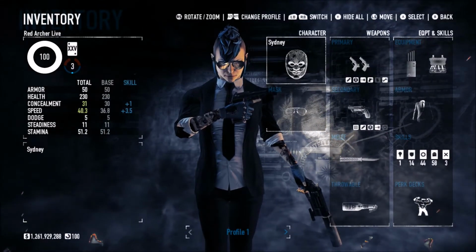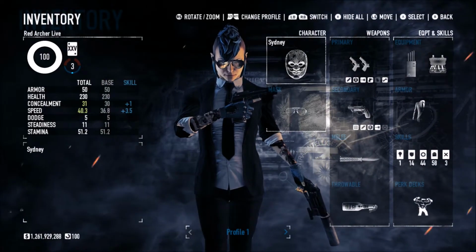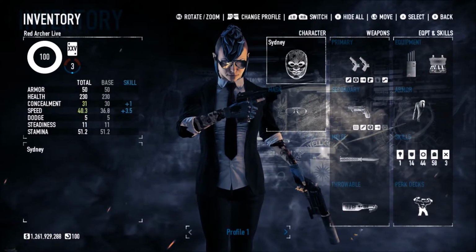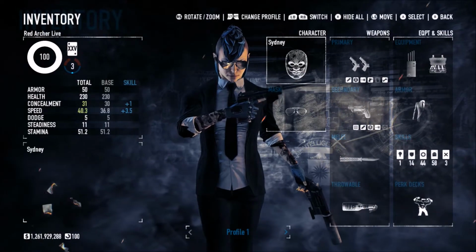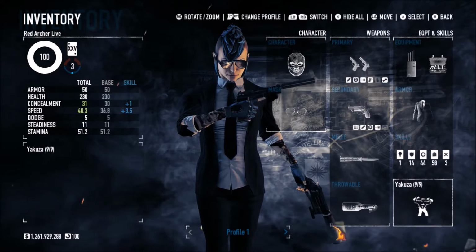about perk decks, and how I'd said that Burglar was the only real perk deck you could use for stealth. It just seems a bit weird that in all the characters and all the perk decks we've got, only one really works for stealth. So I did some digging, I looked through all the perk decks more in depth, and I think there's one more you could possibly use, and it might not be the one you'd expect, but I'm thinking the Yakuza